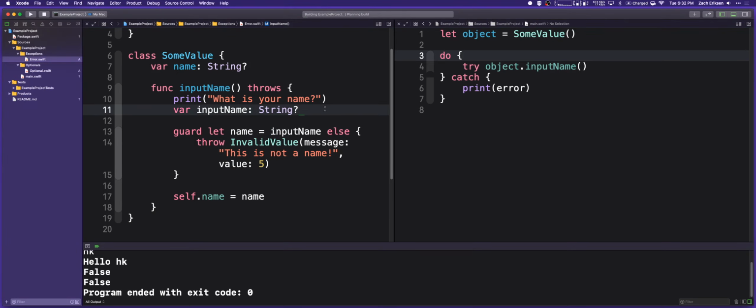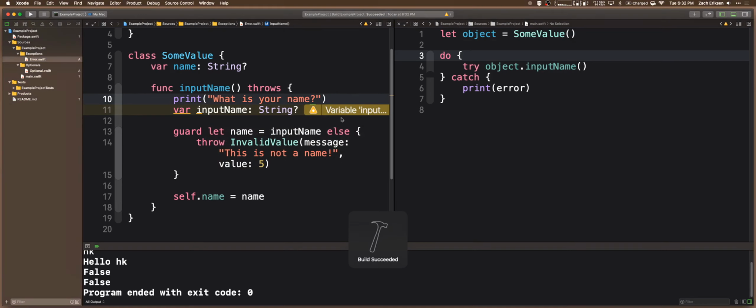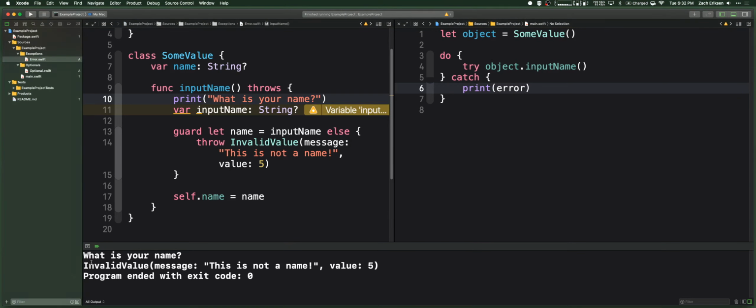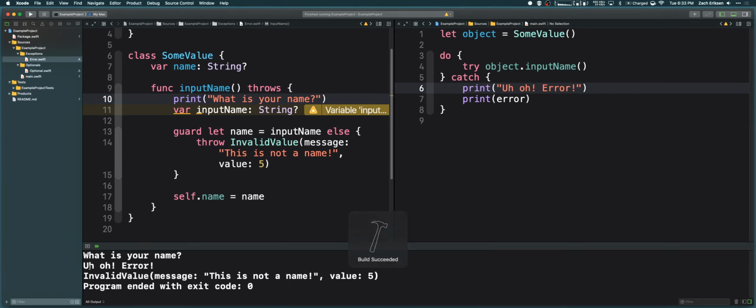So we'll just try that. And let's run it. Oh, and so now it asks my name, and then it prints out the error with the error message and value. And that's right in here. So if I wanted to print a little bit more on this error, like, uh-oh, then you'll see that come in, of course, too. But I don't have to